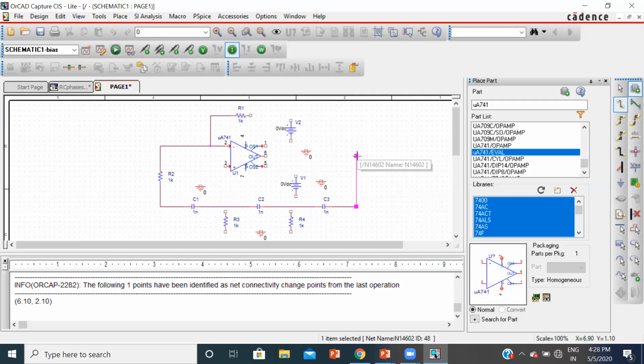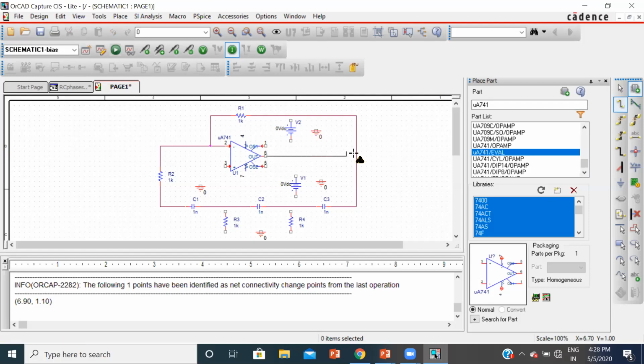This should be moved more. Then select, and move this ground point a little bit over here. Next you can make the connections.